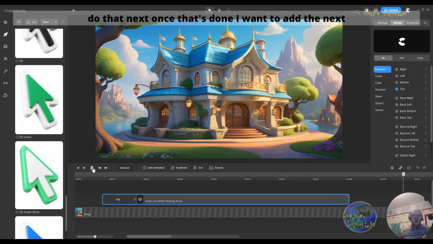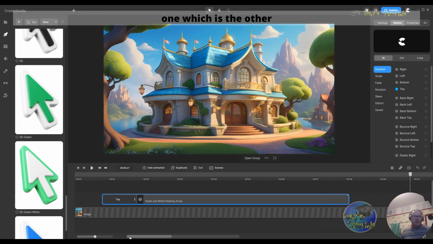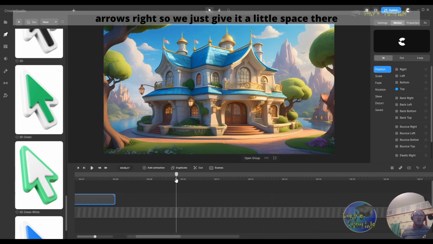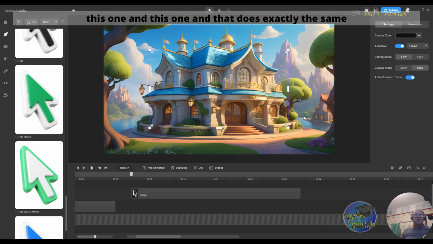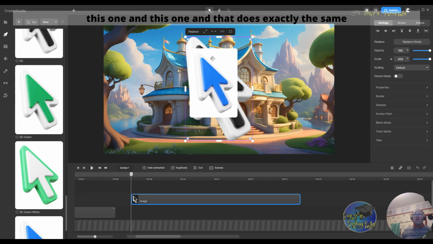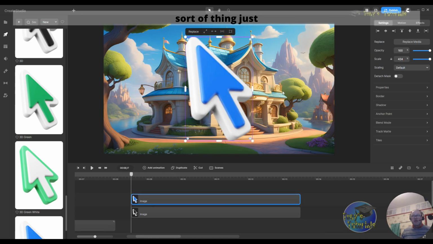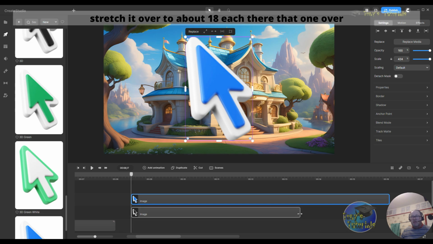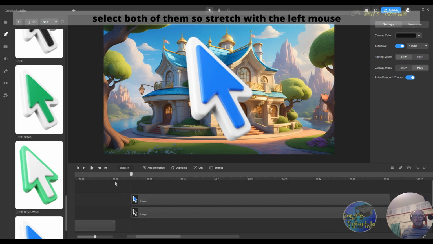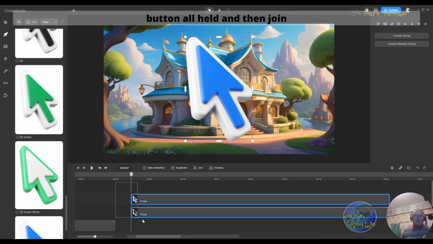Next, once that's done, I want to add the next one, which is the other arrows, right? So we just give it a little space there, and then I'm going to add this one and this one, and that does exactly the same sort of thing. Just stretch it over to about 18-ish there. Let's get that one over to 18 as well, and I want to select both of them, so stretch with the left mouse button held, and then join together like that, and just go to the A's on these,